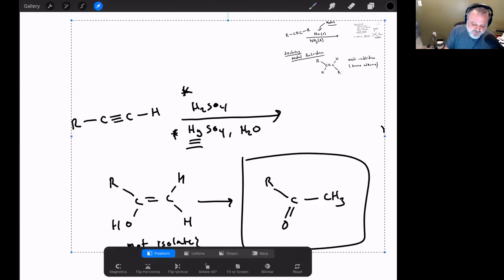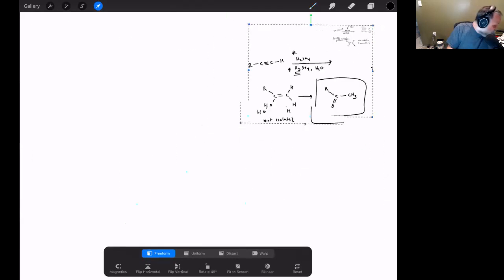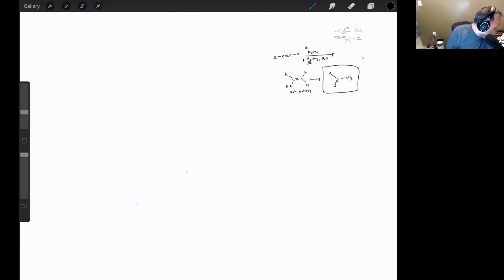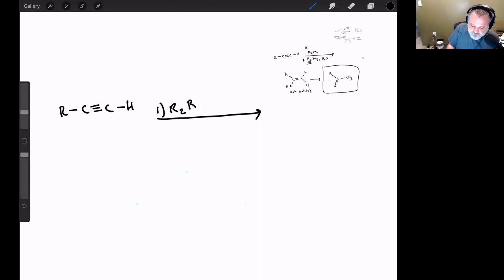If you take another reaction that's similar to the alkene, hydroboration oxidation, and you do that in the presence of an alkyne, we're just going to change up the reagent just a little bit. Instead of BH3, we're going to do R2BH. So we're going to replace two of the hydrogens with R groups, but we're going to have the same second step. We've got sodium hydroxide and